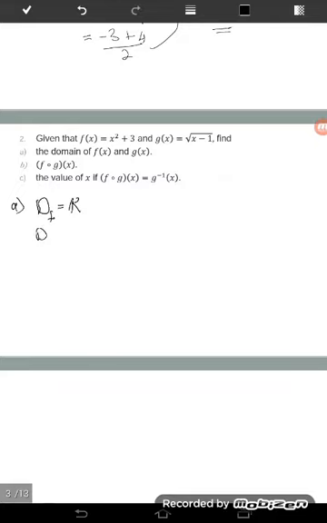Okay, so to find the domain of g, since g is a square root function, the condition is that the expression inside the square root must be greater than or equal to 0. The condition is x minus 1 inside the square root must be greater than or equal to 0. So from this we have x greater than or equal to 1. Therefore the domain of g is equal to